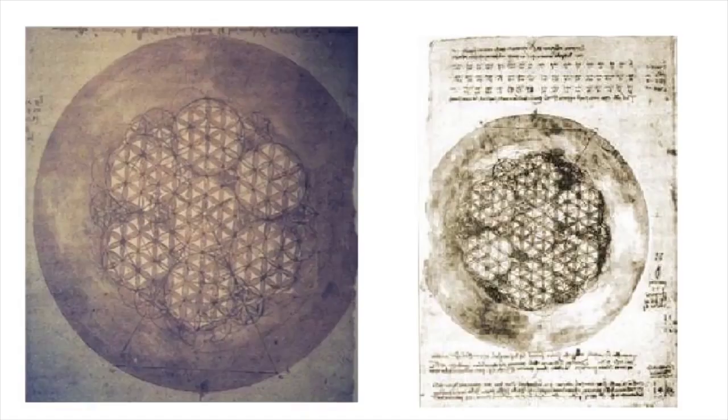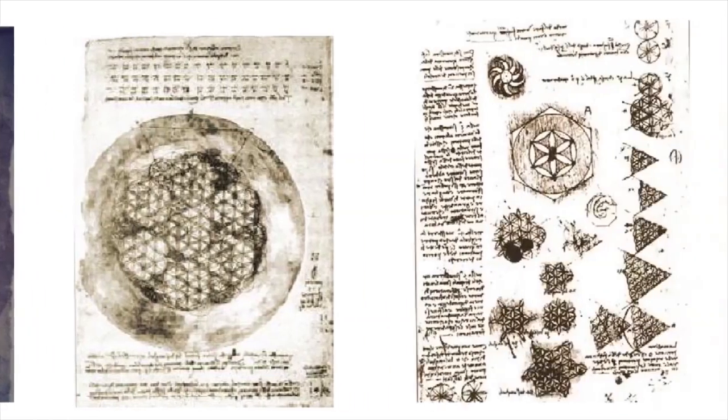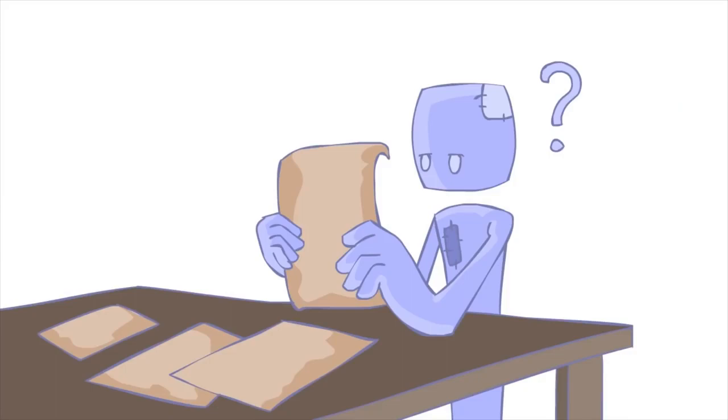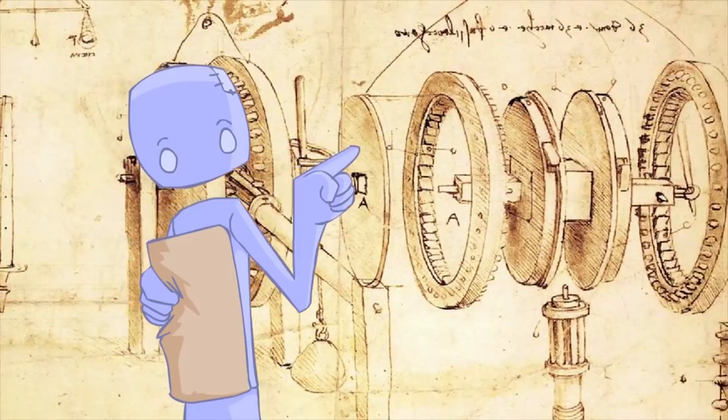This intense drawing was done by Leonardo da Vinci, proving that he actually studied the flower of life form. In fact, over 200 drawings of his were found, all studying different angles and proportions, complete with descriptions of each one. The editor of the book who published these lost drawings didn't really know what they were, so he just said this is how he came up with his gear inventions.